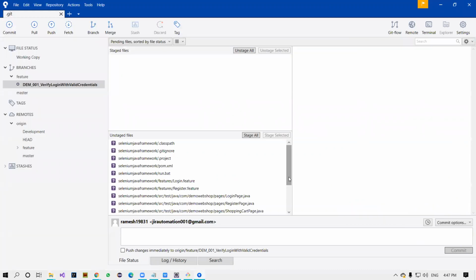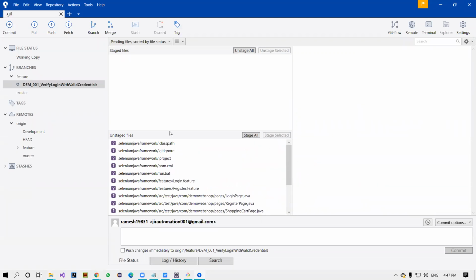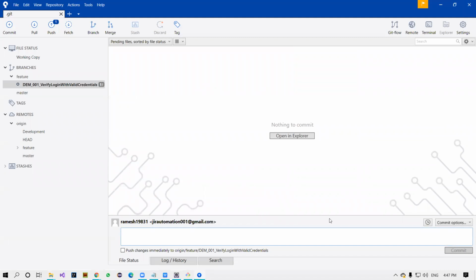You see that all the files are coming here. Now you can stage all. Here you can say commit, with the message new project, and then commit here. Now in Git Bash you see some difference.